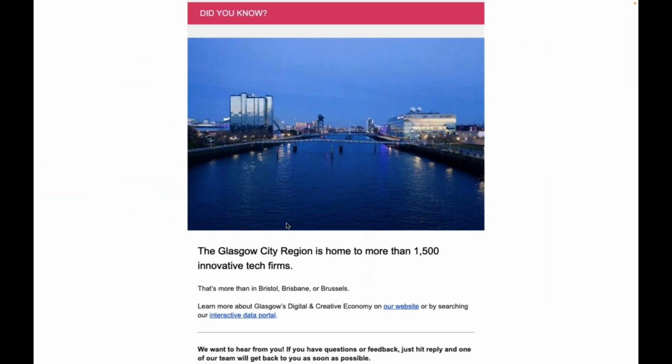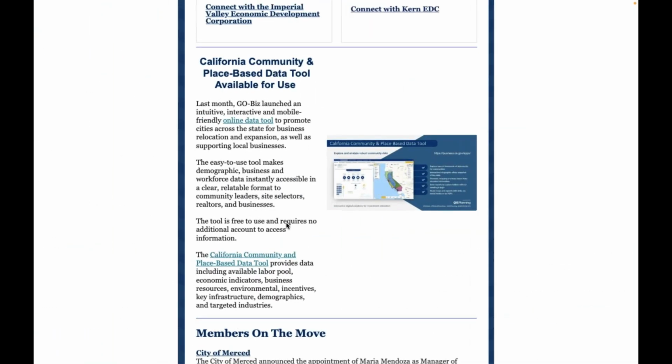So there's all sorts of examples of ways that people have done that. Get them back to your website. That is always going to be key. And once they're there, you can encourage them to sign up. An example here from the California Office of the Governor, Department of Commerce, so that they have their new community